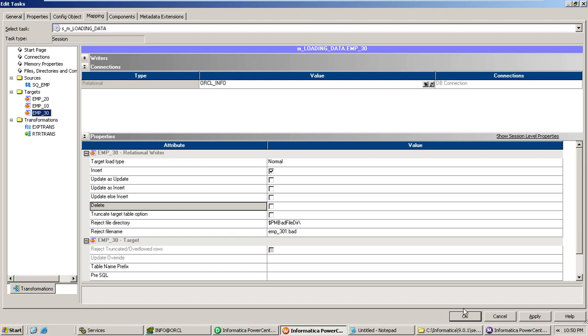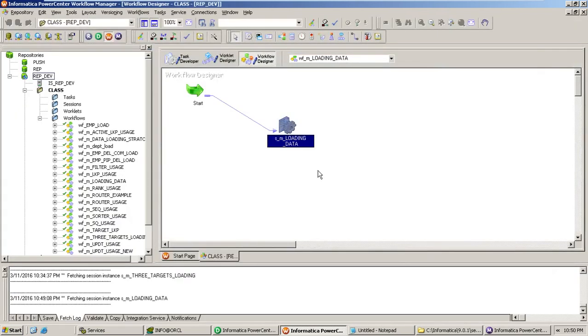Perfect, right? Say OK. And before doing it, I'm not sure the data is present in EMP10, EMP20, EMP30. If the data is there, I don't want to append this data. Let's truncate and load it everywhere. Okay, done.